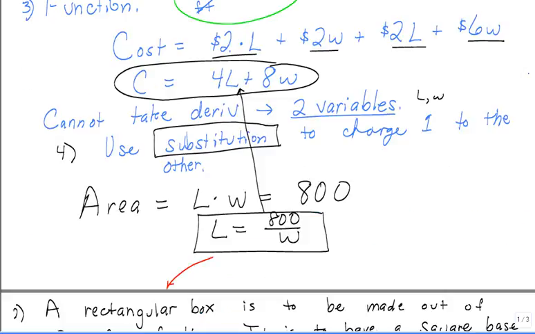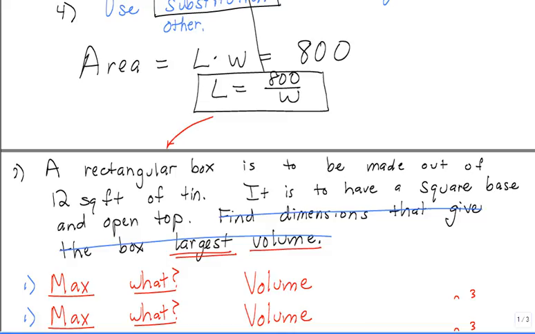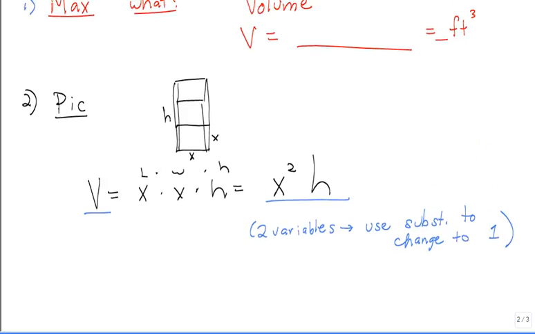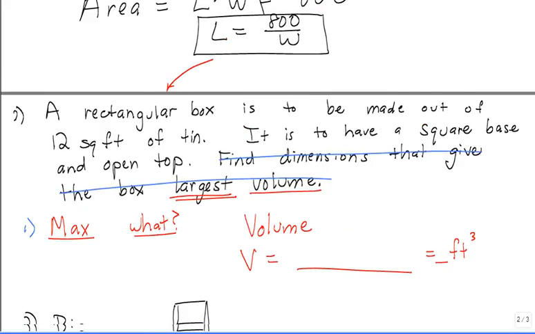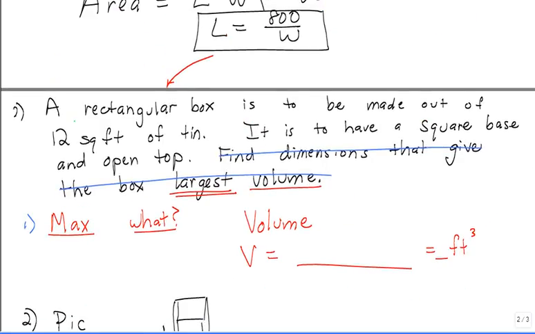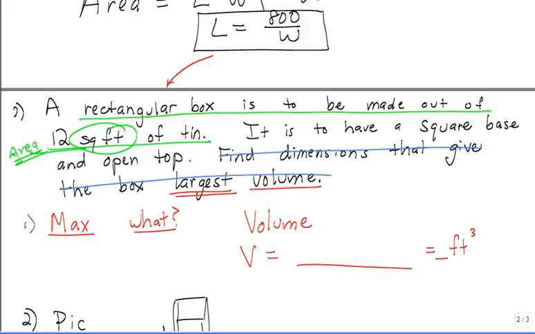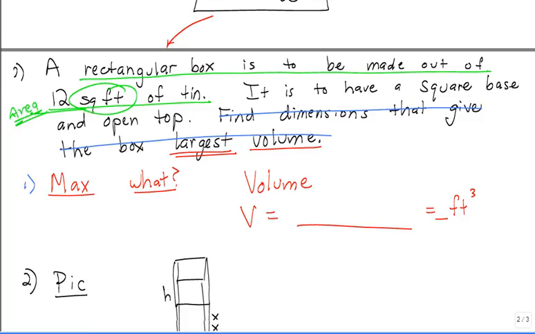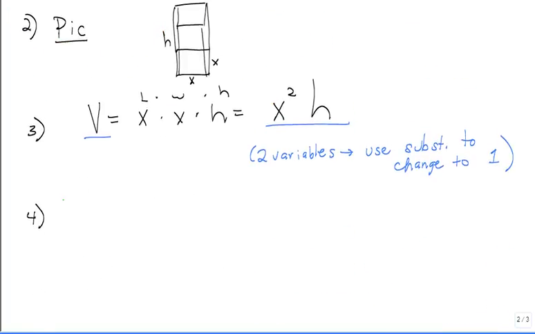Okay, again, let's go back up here. Step 3 is our function. Okay, so that was step 3, picture. Step 4, we're going to use substitution. Let's go back up here and get our other equation. And this is it right here. A rectangular box is to be made out of 12 square feet of tin. Square feet is area. So watch really carefully for your units. That tells you what the number represents. Square feet measures area. So we want the surface area